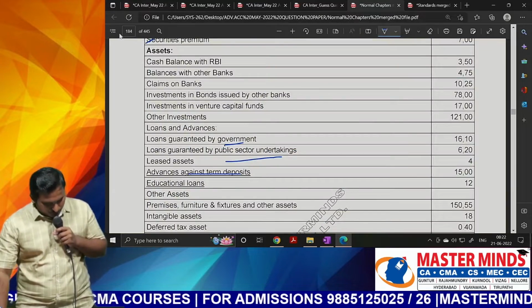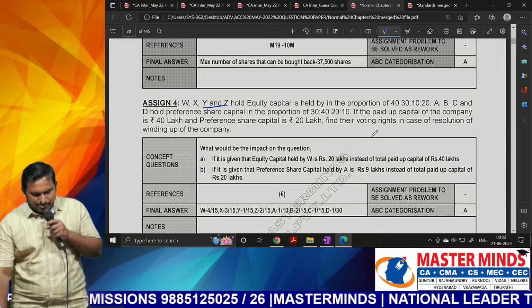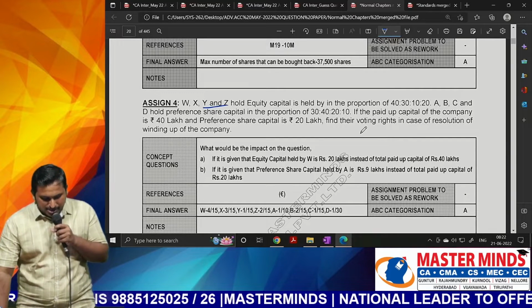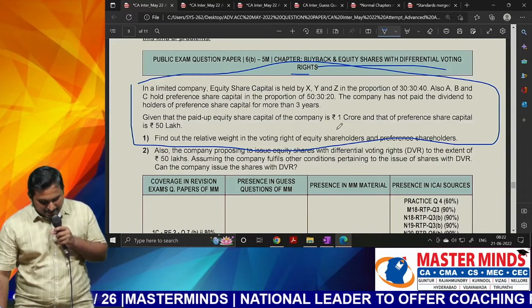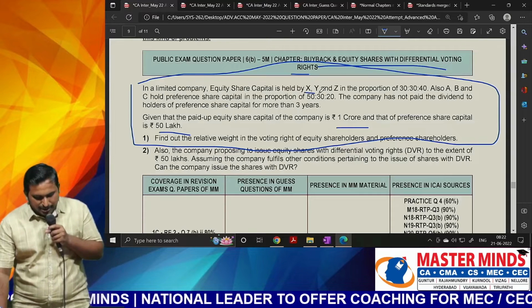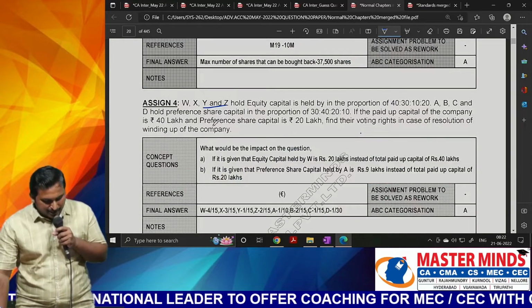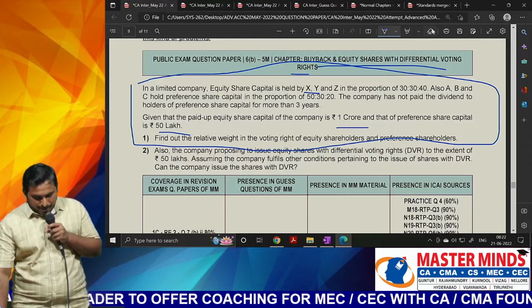I'll just show you. So this was the question. CRD also same, just because here similar numbers, we have attached this. Are you getting the point, sir? So what are the voting rights? Here it is 40 lakhs and 20 lakhs. In examination, it is 1 crore and 50 lakhs. Like that you will have. Here 3 partners, there 4 partners, but otherwise same. But one more point extra, sir. Let me read that extra point.